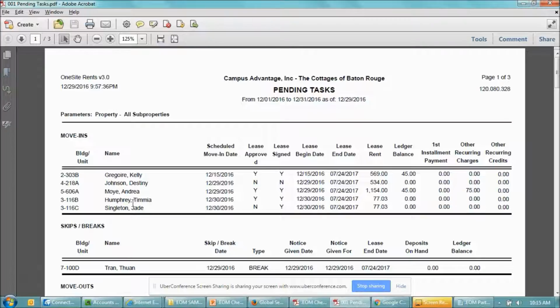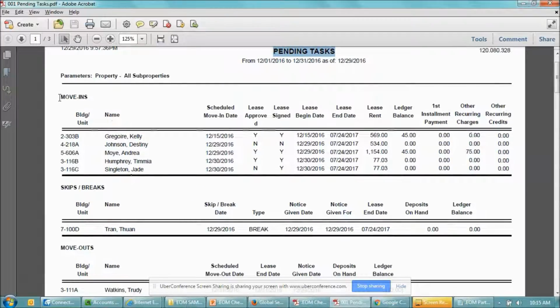security statement deposit audit, I forget. The SOTAs, final account statements. Any of those tasks will prohibit the property accountant from being able to advance into the next period. So we do need to confirm that there are no pending tasks that are required. So in this instance, we would have to make sure that these move-ins for 12/30, Jade Singleton, we